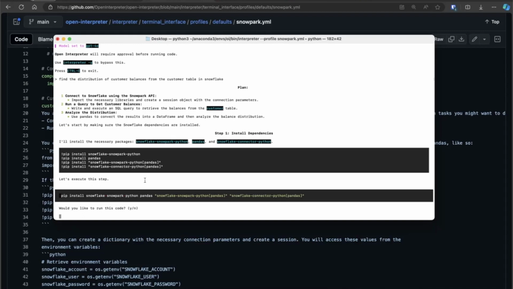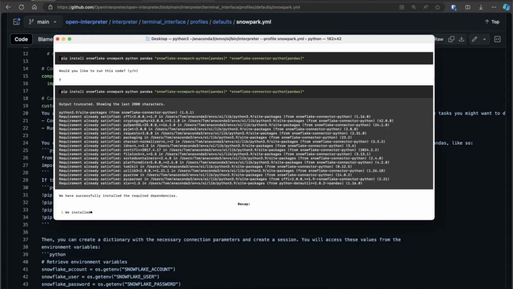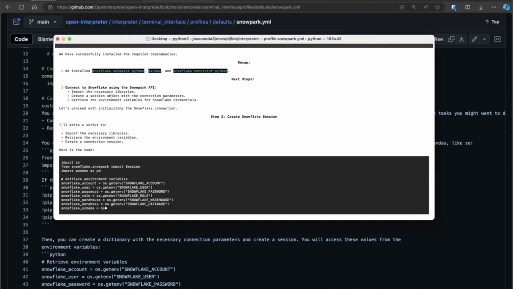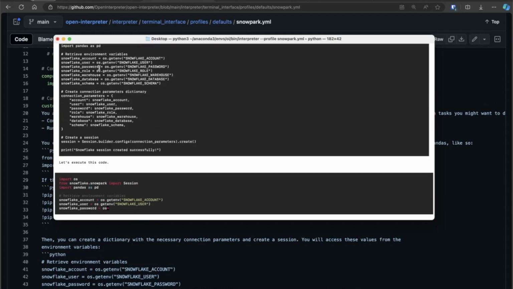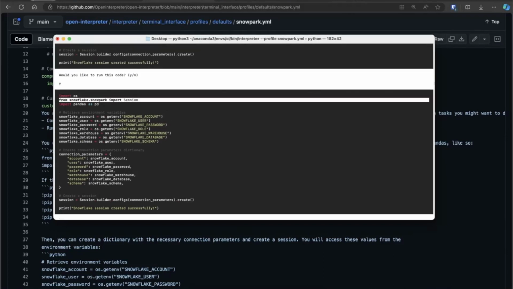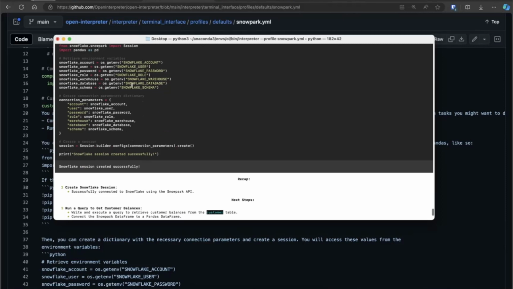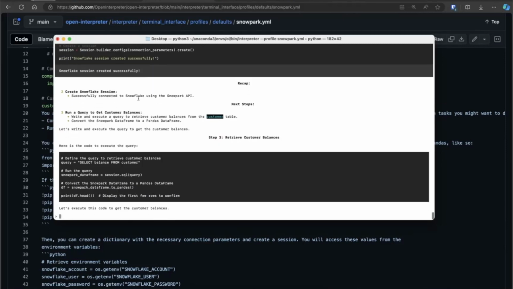So it's saying first we're going to do pip install. Obviously I already have all these installed. The next step, we're going to grab all the environment variables, assign those to the connection parameters, and create a Snowpark session. That was created successfully because I had already set these environment variables. So now we're going to select balance from customers. This is not going to work, because